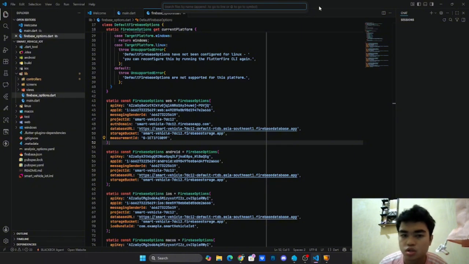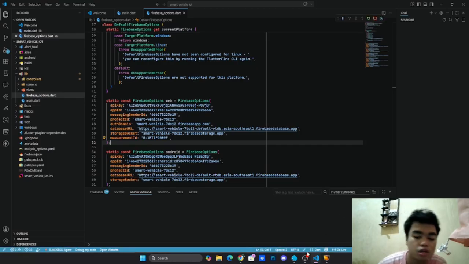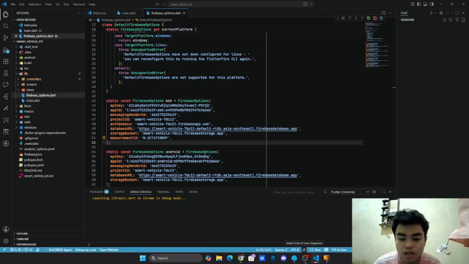Okay, let's go to the simulation. We succeeded in tapping the national ID card and turning on the engine, but this is a simulation engine, not real data.